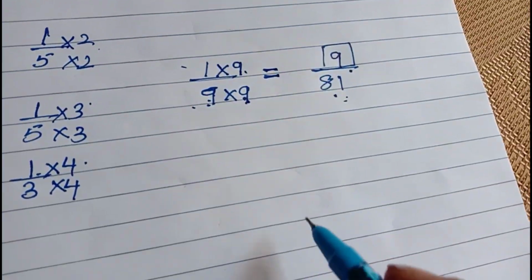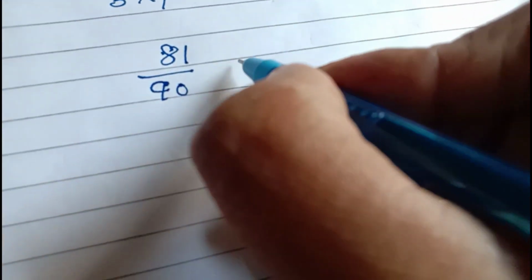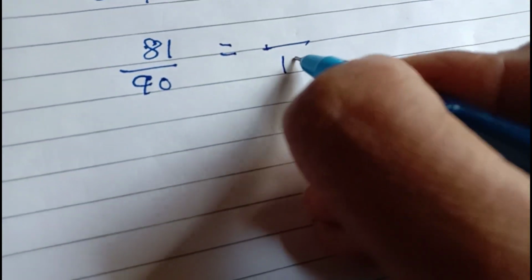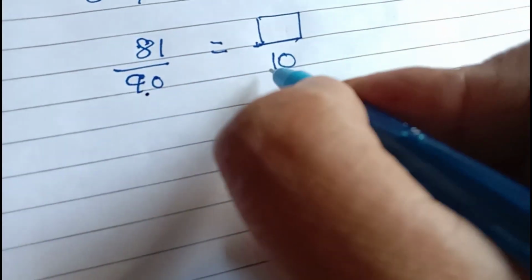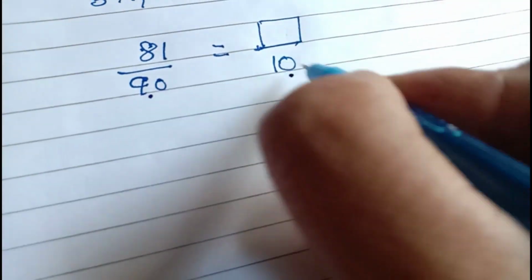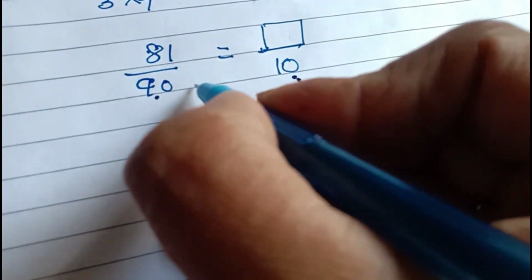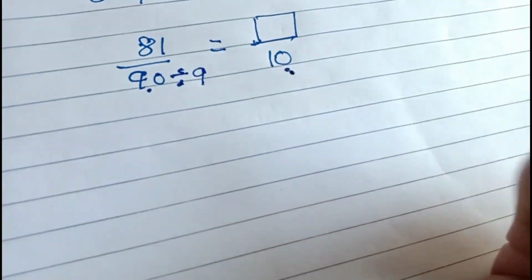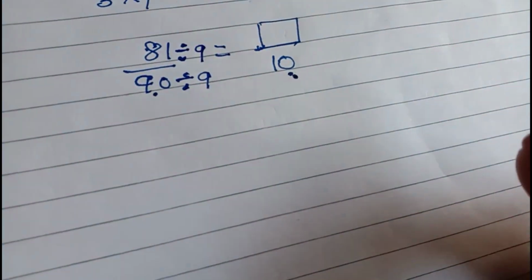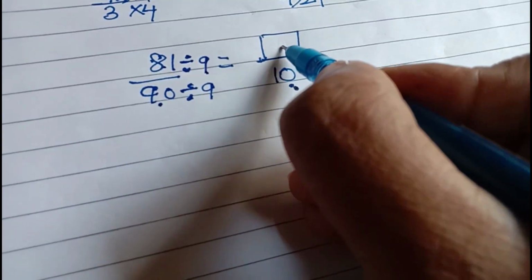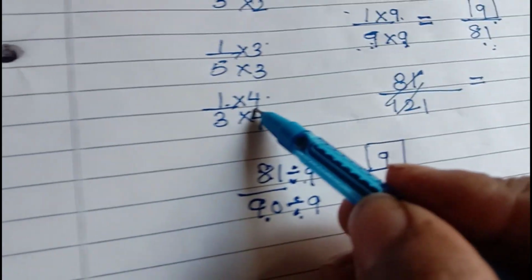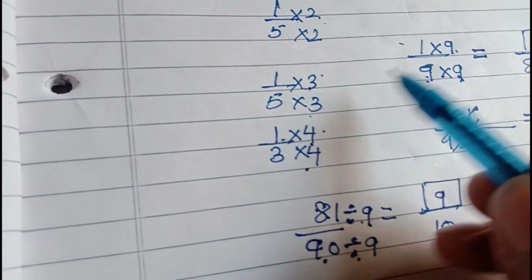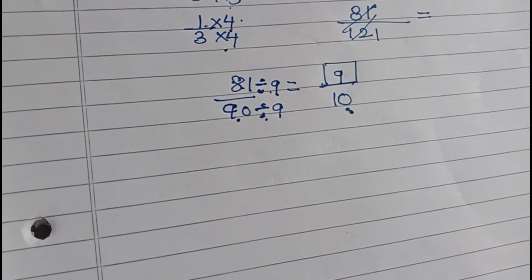Now if I have this question, ये fraction को यहाँ पे हमारा आया 10, तो here I have to fill the blank. तो 90 को किससे डिवाइड करेंगे कि 10 आ जाए? क्यों? क्योंकि यहाँ पे छोटा नंबर है, that means you are dividing. तो आपने 90 को 9 से डिवाइड करेंगे तो you will get 10. Here also then you will have to divide by 9. So 9 9s are 81. So when you divide or multiply both numerator and denominator with the same number, you get an equivalent fraction.